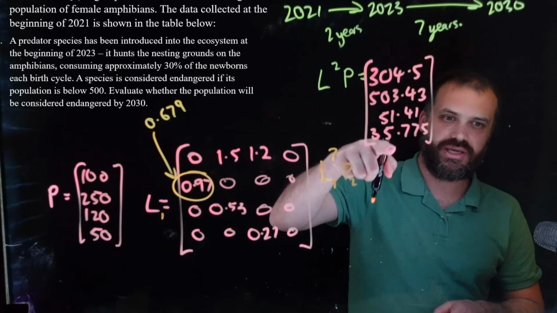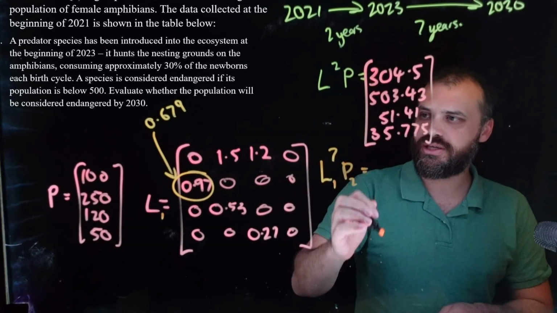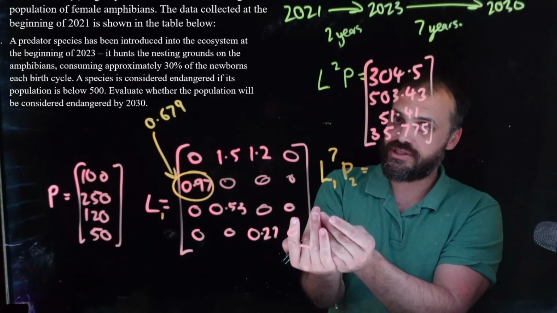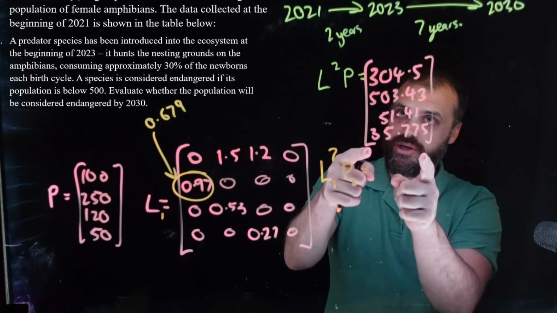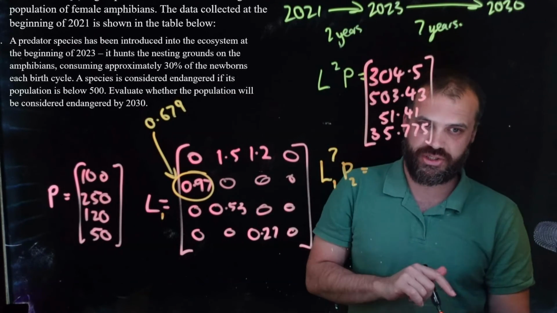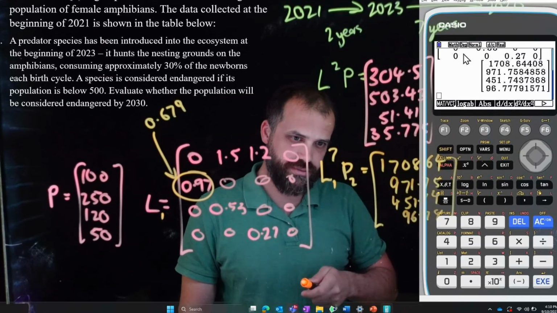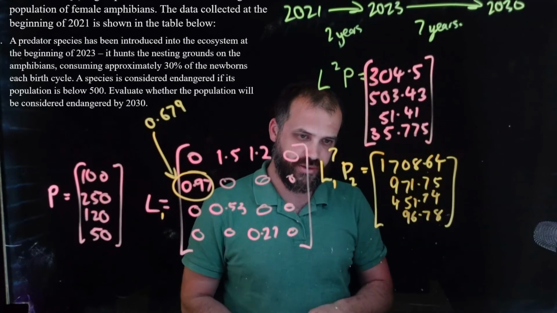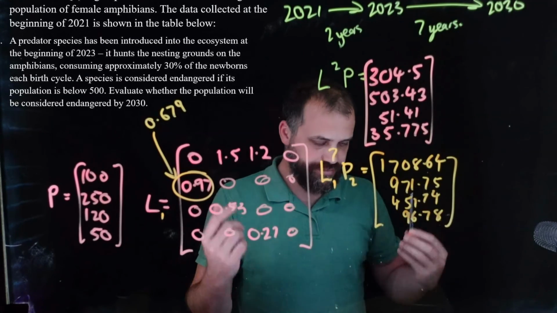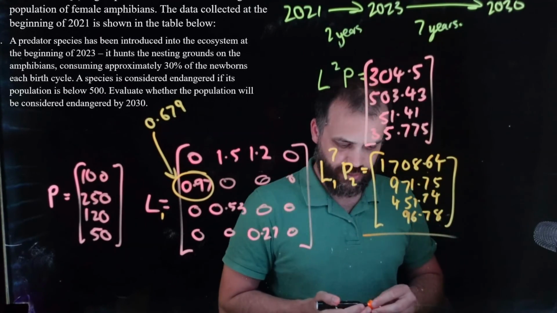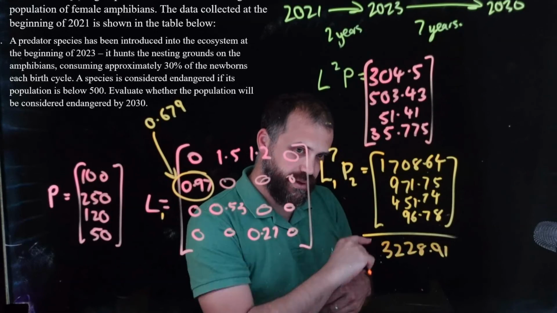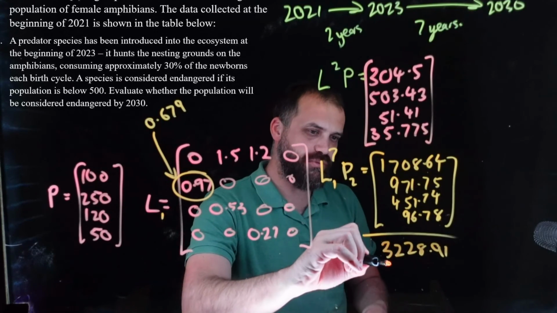This is P2 here. All right, so we need to do this new matrix to the power of 7 multiplied by the new population matrix. Okay, I put that into my calculator and I got this. Again, all those decimals, but if I add them all up, I get this number here, and this is where I would be rounding,